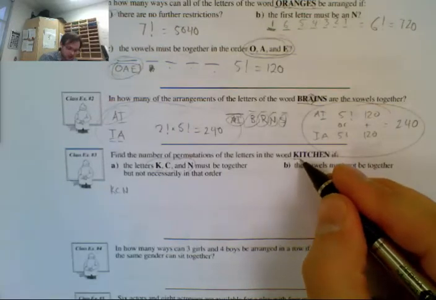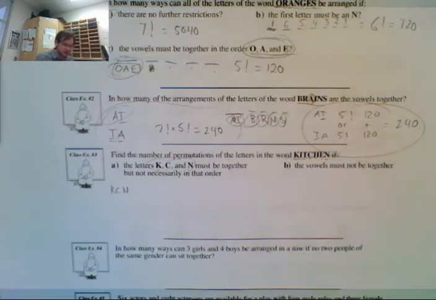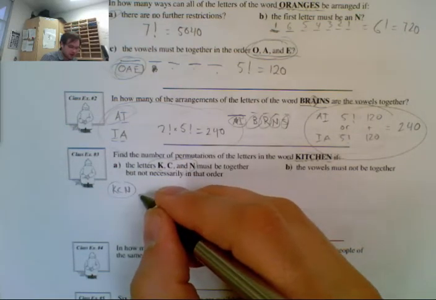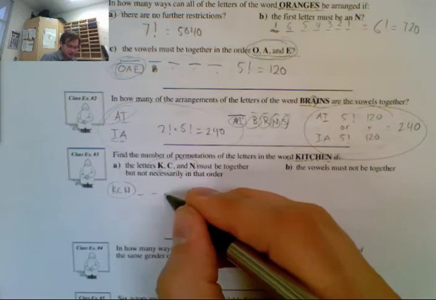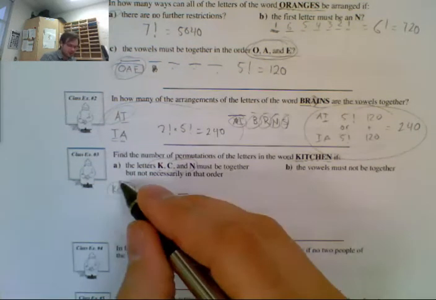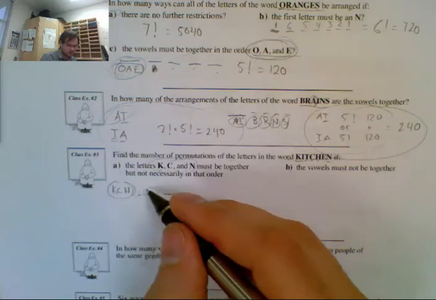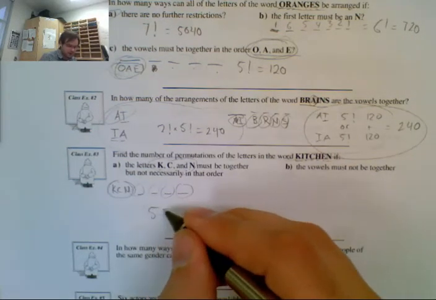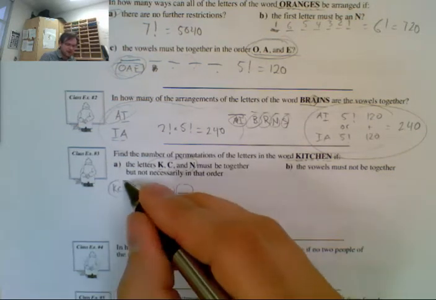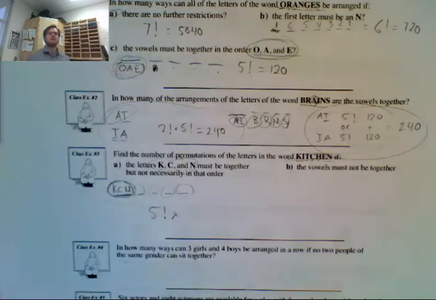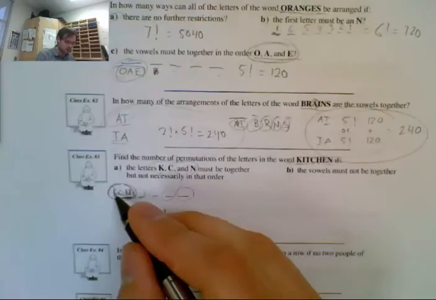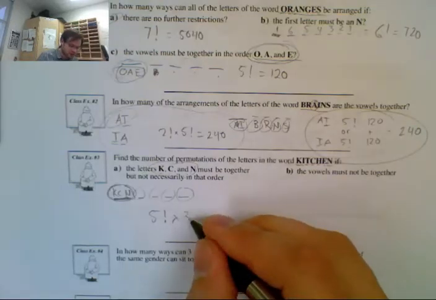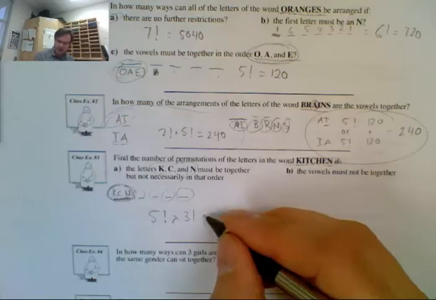So I have 1, 2, 3, 4, 5, 6, 7 altogether. So this counts as 1. And then I'm going to have 3, 4, 5, 6, 7. So altogether that is 1, 2, 3, 4, 5. That's 5 factorial multiplied by, now we have these could be rearranged in many different ways, in 3 factorial different ways. We have 3 terms, which could rearrange those, so that's going to be times 3 factorial, which gives me a total of